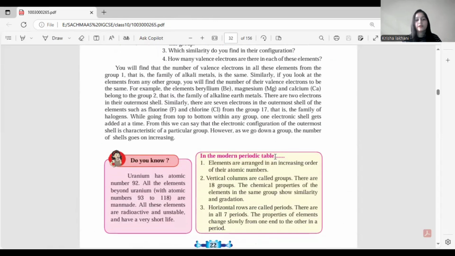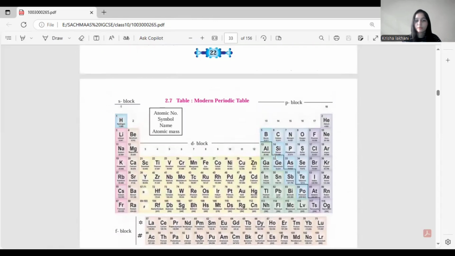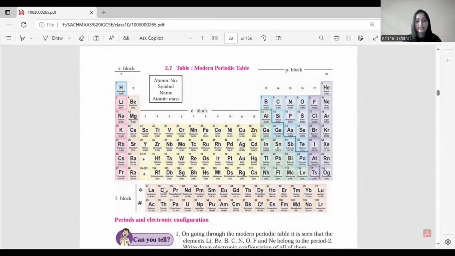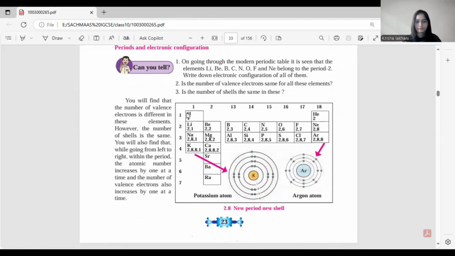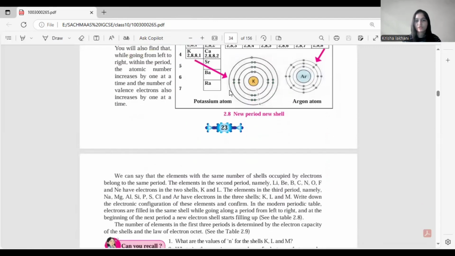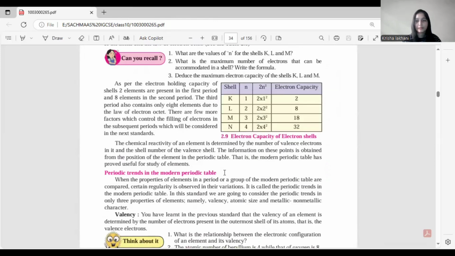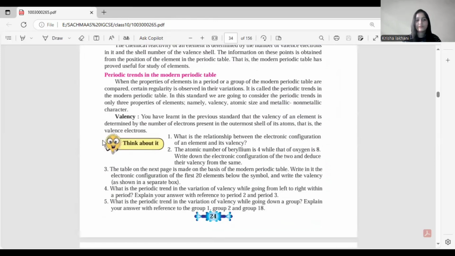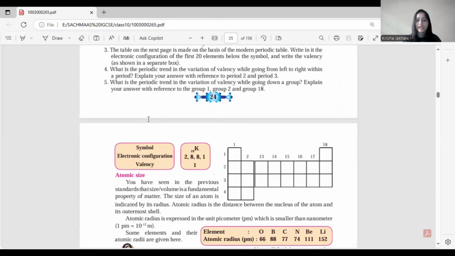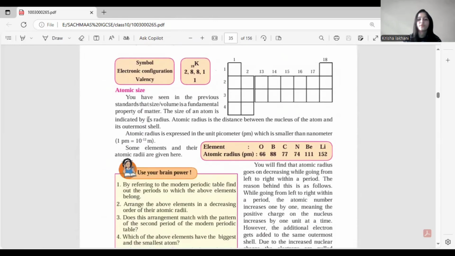Then electronic configuration. As I already mentioned, this is the modern periodic table that was designed and that we are following now. This is the lanthanide and the actinide series, which is the F block, the S block, group 1, group 2, the D block, group 3 to 12, and group 13 to 18 is the P block. Okay. This is the electronic configuration which is given. You should know how to label it, K shell, everything, valency, as I already discussed. Everything is discussed once again, you just need to revise it. That's it. Read it while reading the textbook.